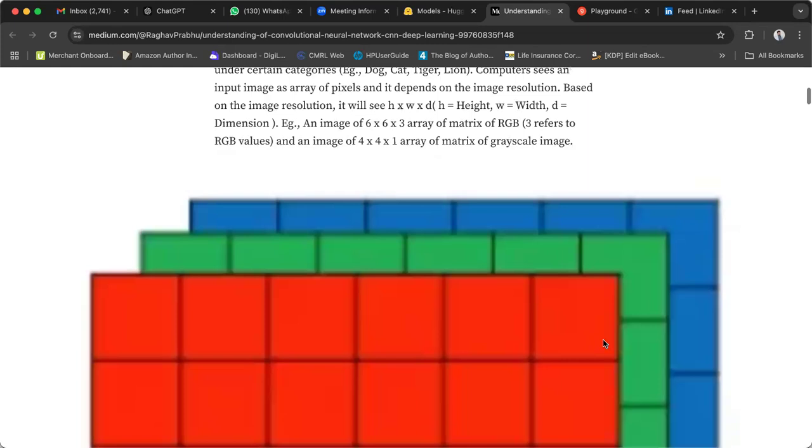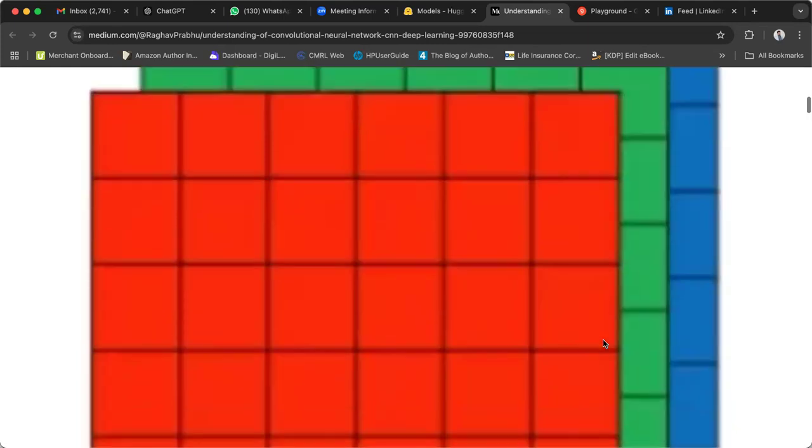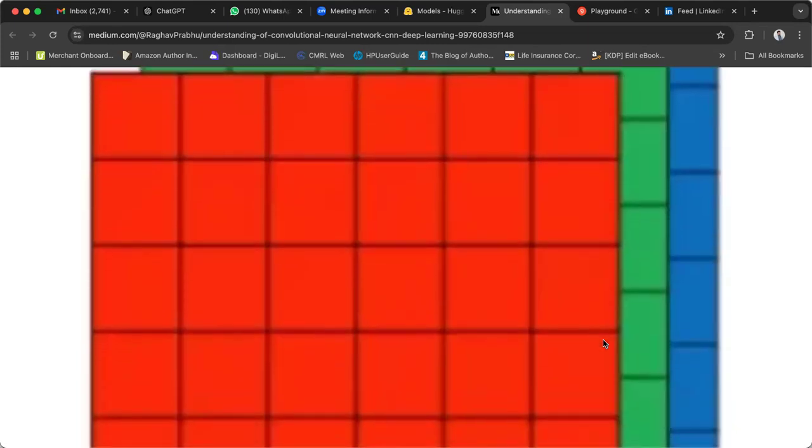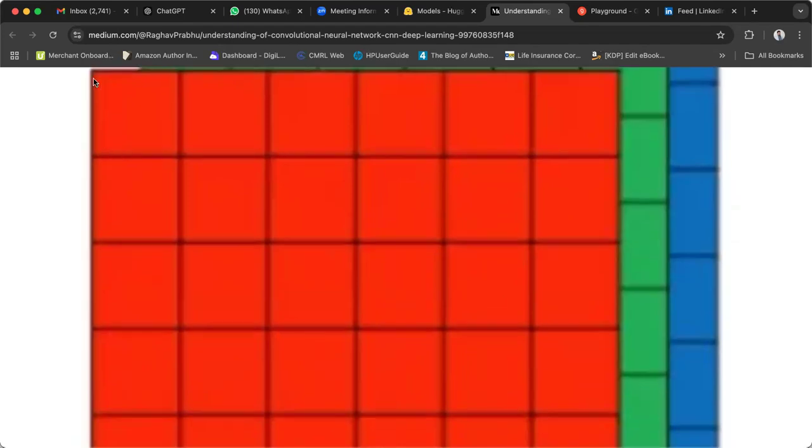It is all getting convolved like a matrix. If you give one image, it is not just reading it as an image per se.